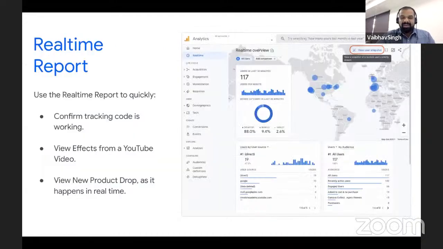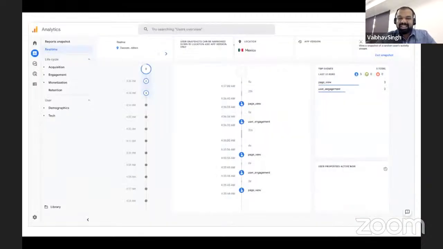Now, as I talked about, how you could track one user, how you could track where the user is sitting, from where the traffic is getting generated, but you would also be able to track cross-platform and the more activity of the users. Now, how to do that? If you just focus on the screen, you could see at what time intervals my user has performed actions